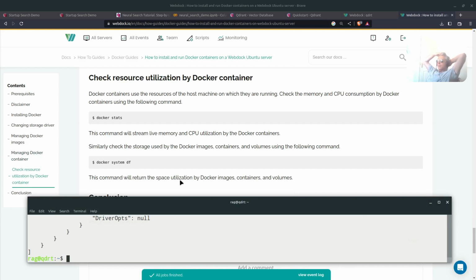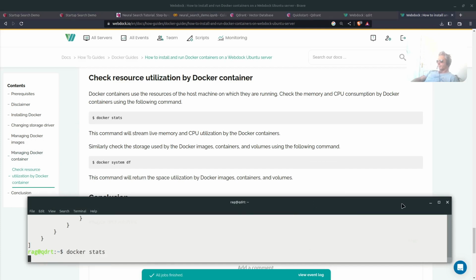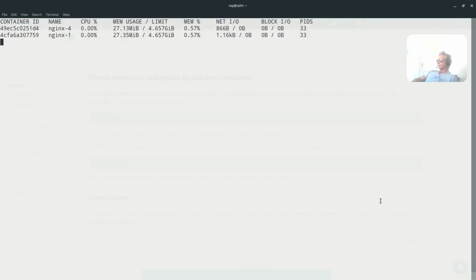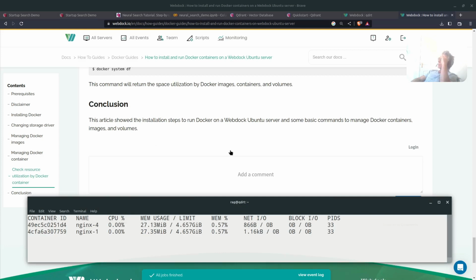Check resource utilization by Docker container. We've got mem usage, block. Okay. Conclusion: this article showed the installation steps to run Docker on a Webdock Ubuntu server and some basic commands to manage Docker containers, images, and volumes. Okay, so